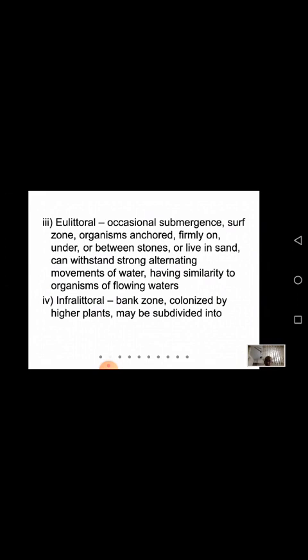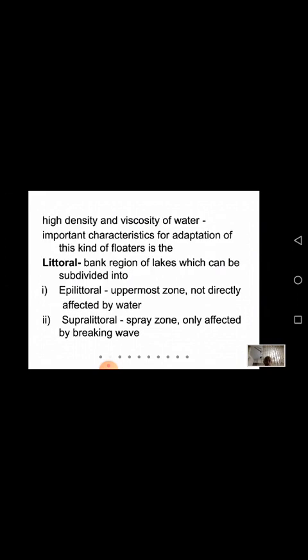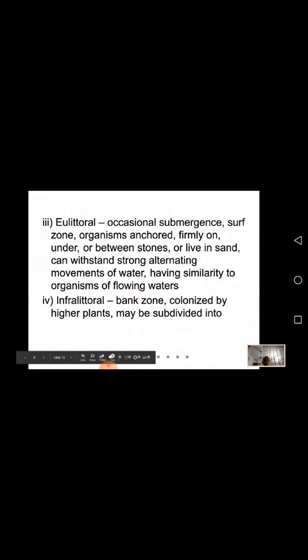and all have got upper zone not affected by water, spray zone only affected by breaking waves, and eulittoral where